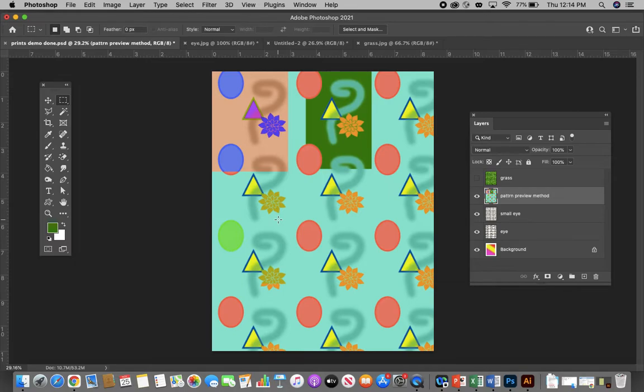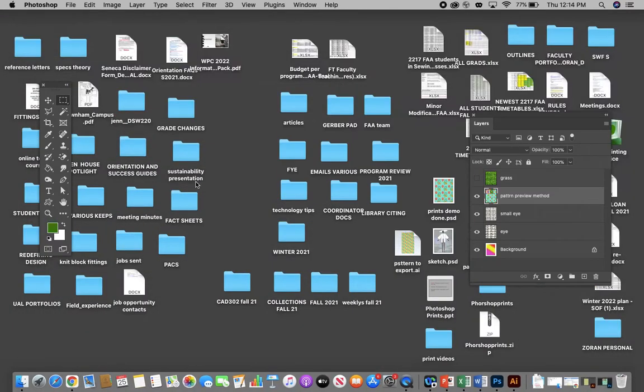So the placement print you don't have to hand in for the demo, but I'll just walk you through it in case you want to use placement prints for your graduating collections. It's good to know. But for the purpose of this assignment, you just have to hand in the layers: grass, pattern preview method with 3 colorways, small eye layer, and then the background, which will have the gradient. So for your placement print,